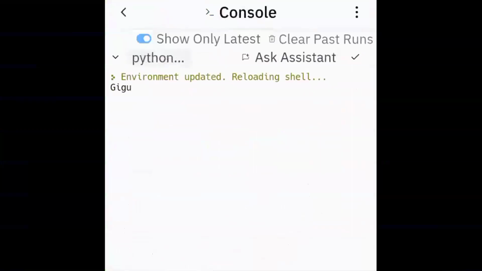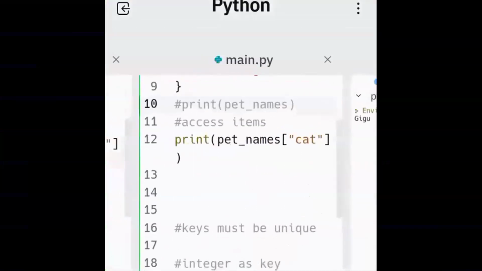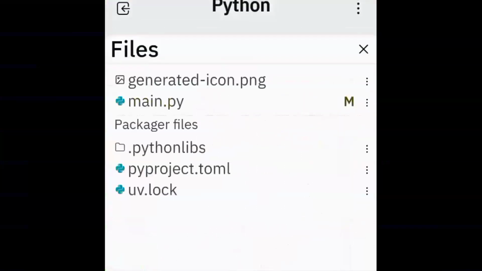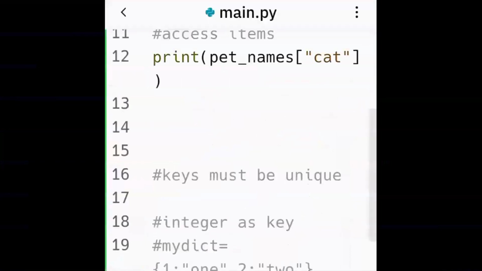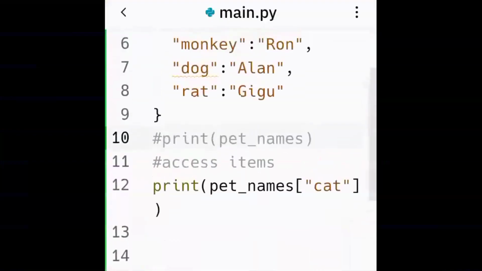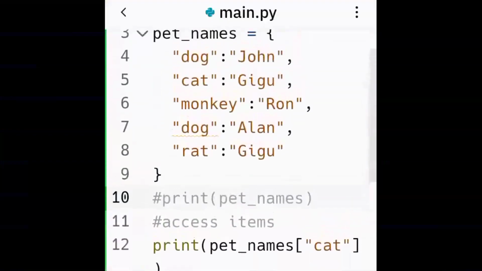There you go, Gigu. So if I want to get the value of the pet name cat, or of the key cat, then this is how I do it. Print pet names, the name of the dictionary, and then within the square brackets I write the key as a string. If it's not a string, I just write the integer.